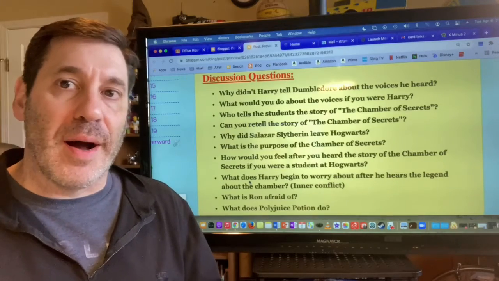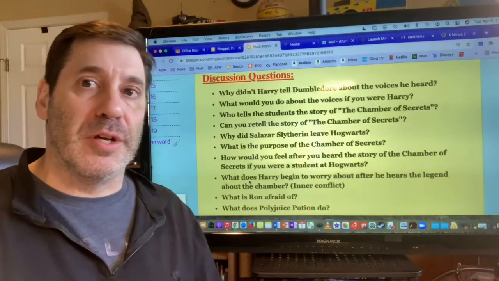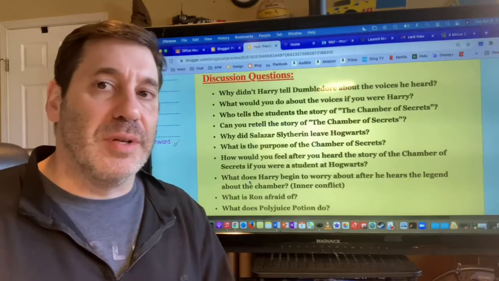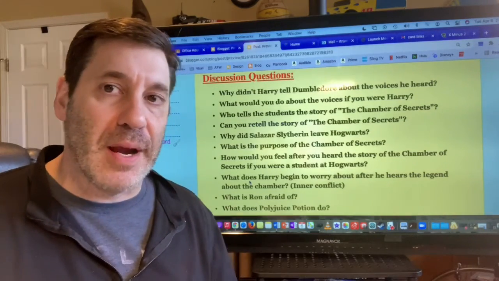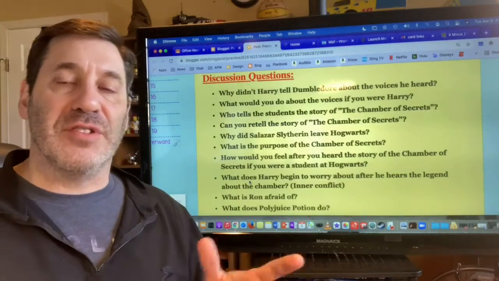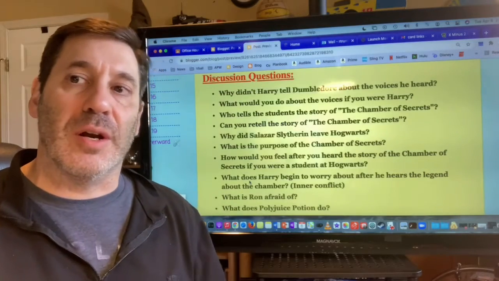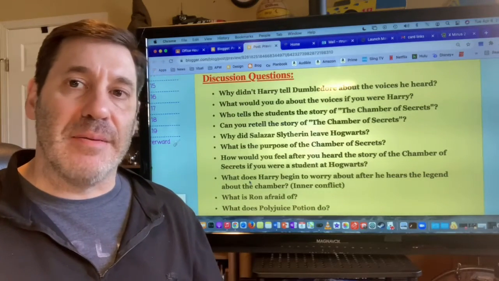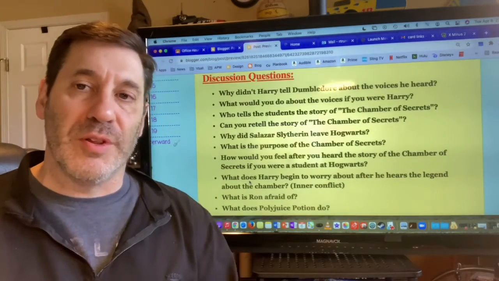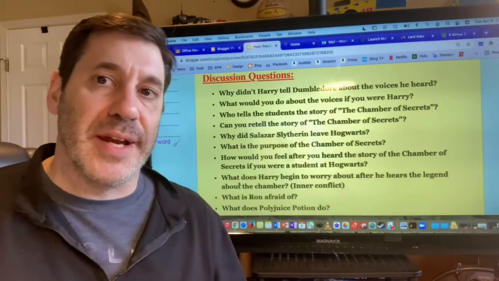And they all got along well except for Salazar Slytherin, who wanted the magical learning to be kept within all magical families. And so he didn't think that students like Hermione or students who had Muggle parents should be allowed to join their school. And so he left the school and he built this secret chamber that holds a monster, where the monster can be unleashed and it can kill any student who is unworthy of learning at Hogwarts. And so that means, again, students like Hermione.